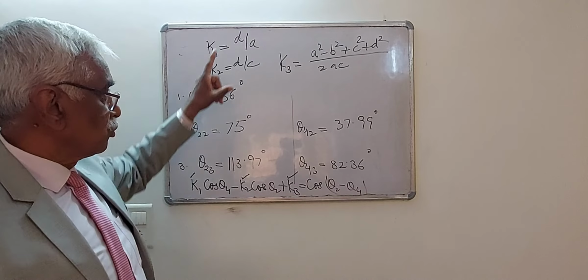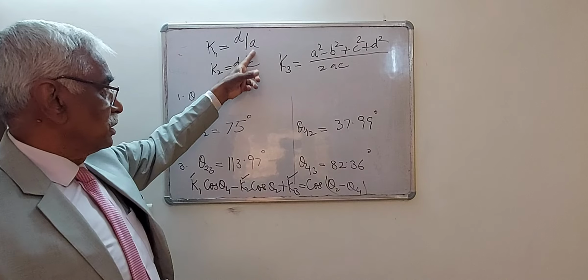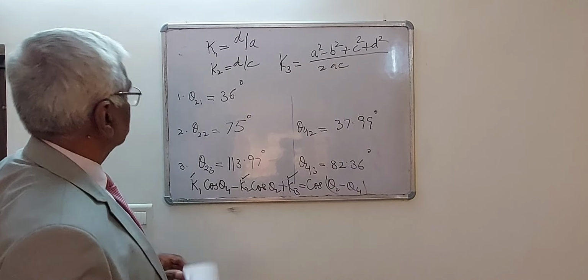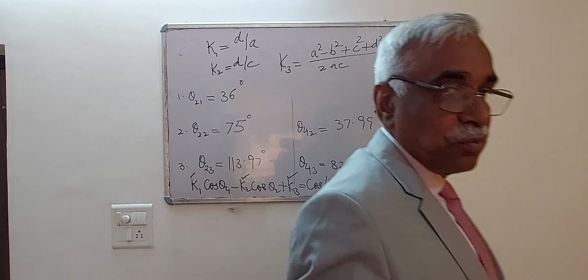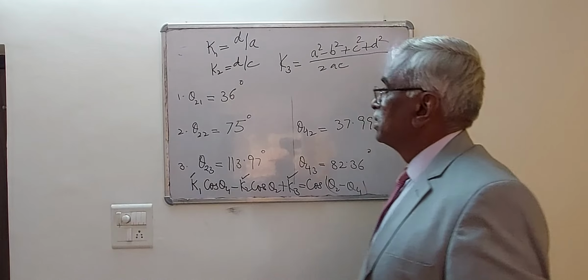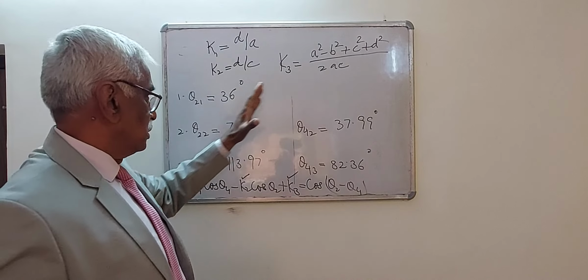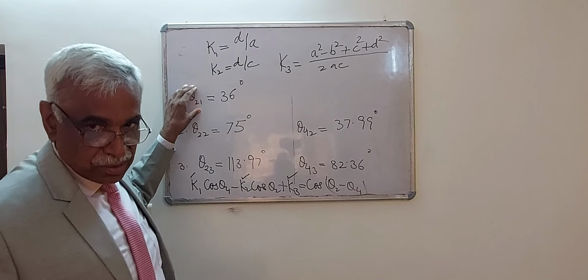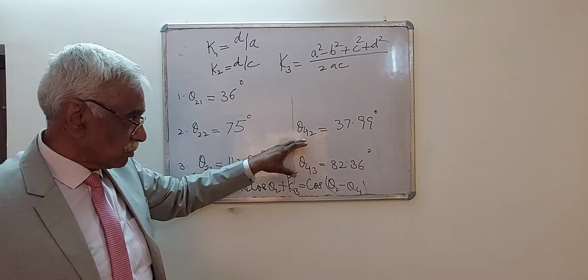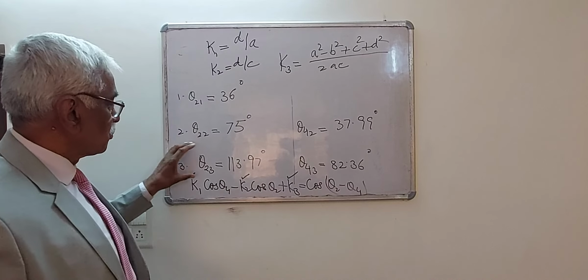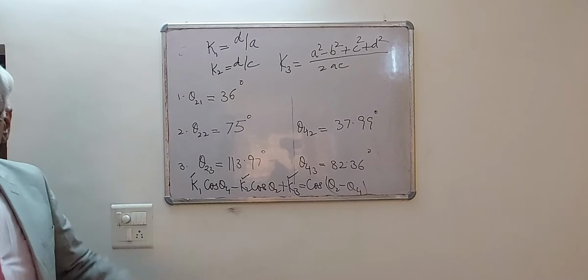Assuming that one of the dimensions is 1, either you can assume D is equal to 1 or you can assume A is equal to 1. But the determination of the values of K1, K2 and K3 will purely depend on the values of three sets of rotations of the input link as well as output link. You will have to find this value with the given formula which I presented, and the corresponding value of theta 42. You will have to find theta 23 and the corresponding value of theta 43. Then you can solve the problem.